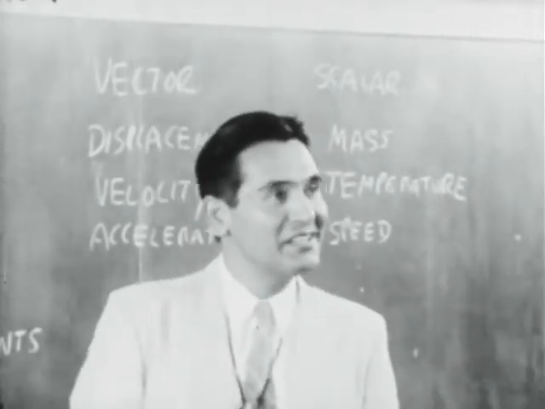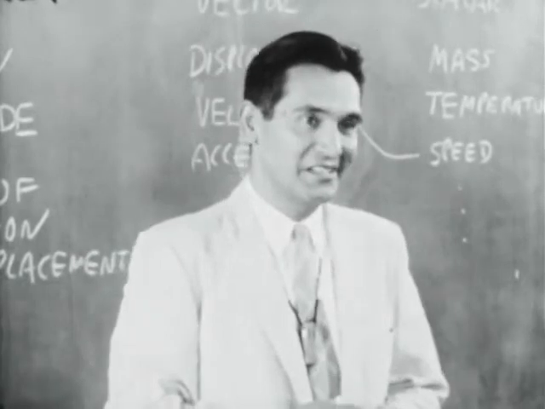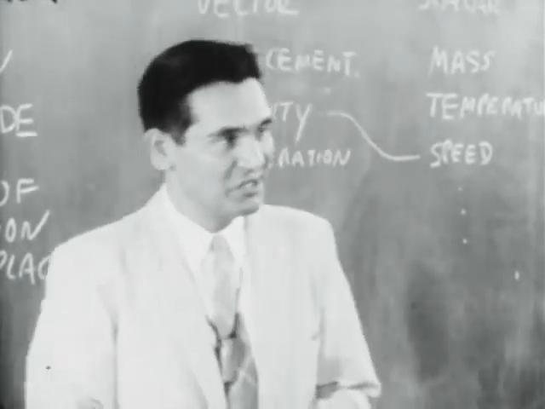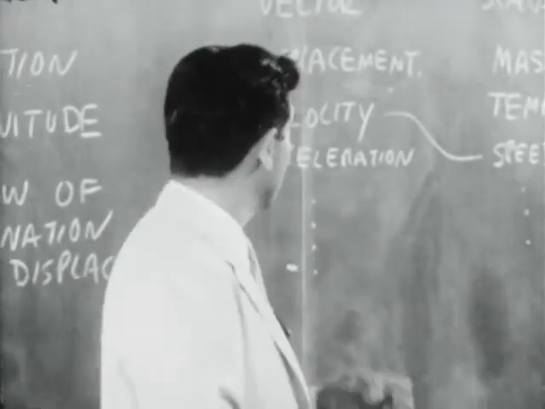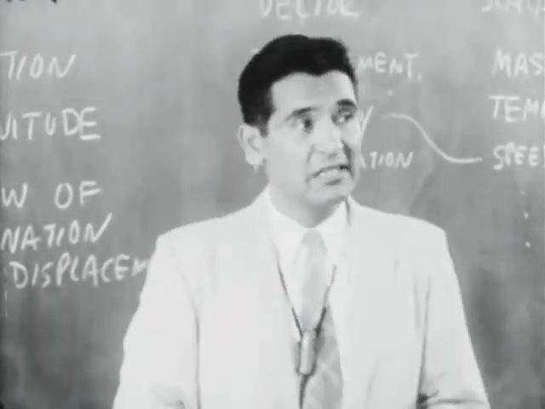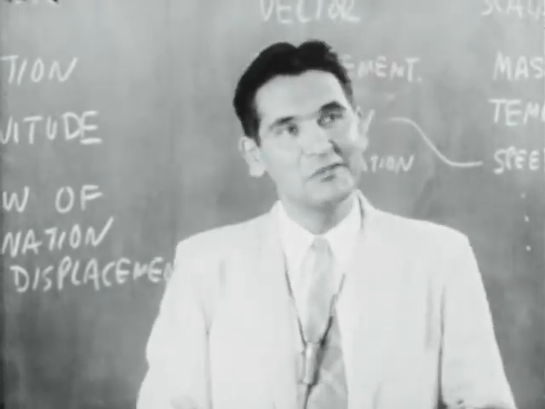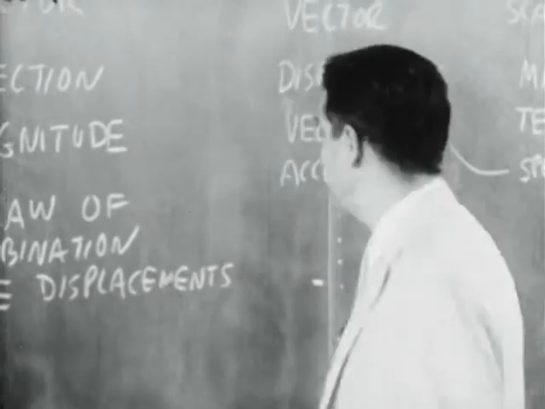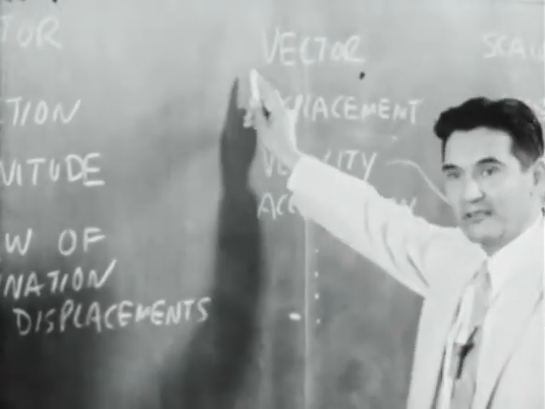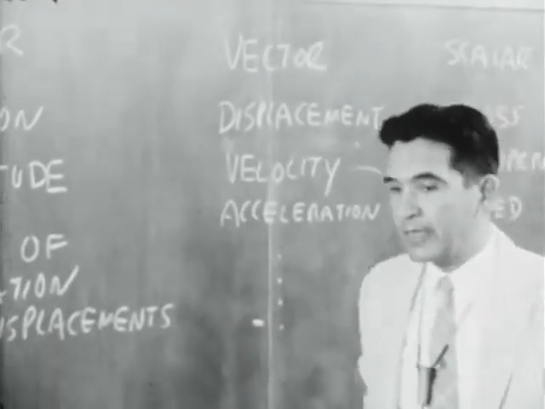Scalars are the quantities that add according to the 2 plus 2 equals 4 kind of addition. You see, ordinary addition. Scalars obey ordinary addition. Very often, in vectors you will have 2 plus 2 does not equal 4. 2 plus 2 might equal 3, 2 plus 2 might equal 0 in a certain sense. So there's obviously an important difference between the behavior of vectors in our algebra and the behavior of scalars. There is